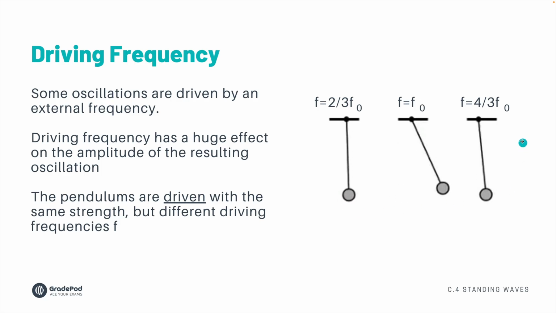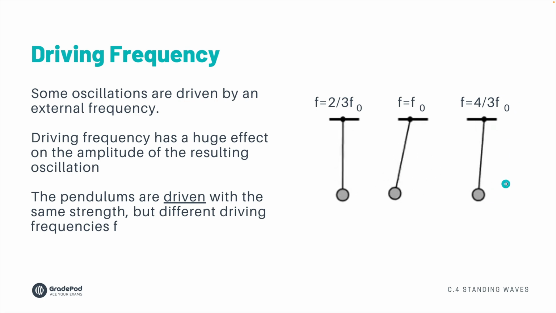And finally, let's go to this final oscillation. It's been driven at 4/3 of the natural frequency. So it's been driven at 4 Hertz. And again, this amplitude of oscillation is not very big, right? So if you're driving an oscillation, the resulting amplitude of the oscillation must have something to do with the frequency